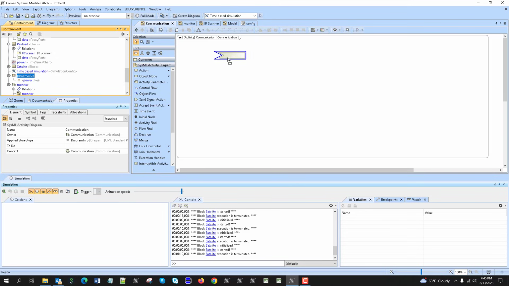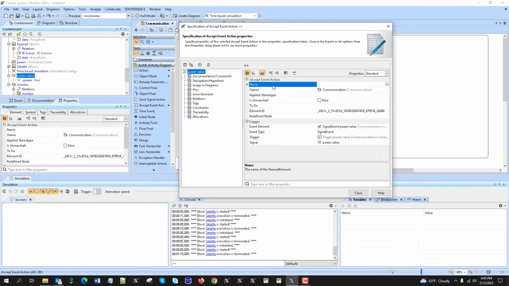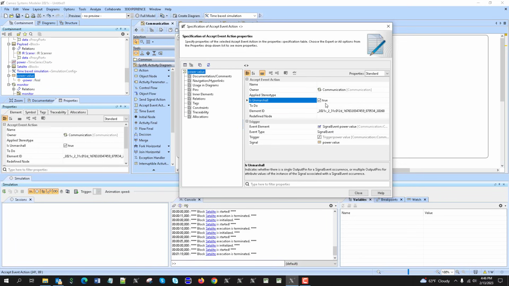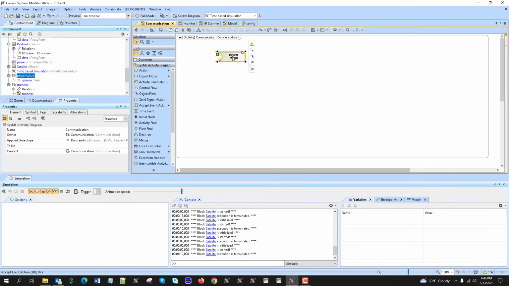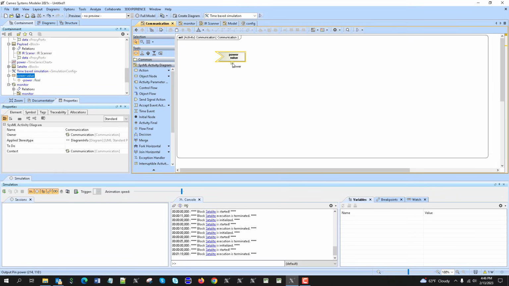It's power value signal. And it is important to mark it as in Marshall, so that all the outputs of the signal would be treated as separate properties, not as a single one. And then here, if I click on that, synchronize signal properties by accept event actions, signal accept event actions by signal properties, I see the power here is output, and then I can use the opaque action,